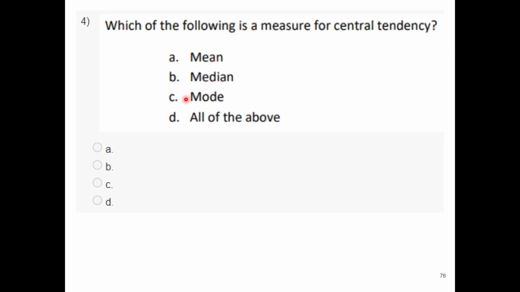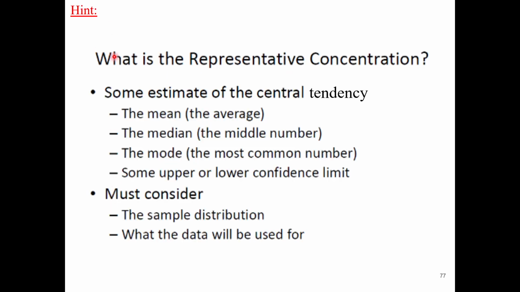A, mean; B, median; C, mode; D, all of the above. So out of this, which is a measure of the central tendency? A, B, C, D. So, if you remember, what is the representative concentration? Some estimate of the central tendency can be all three: mean, average, median, middle number, most common number, and also even some upper or